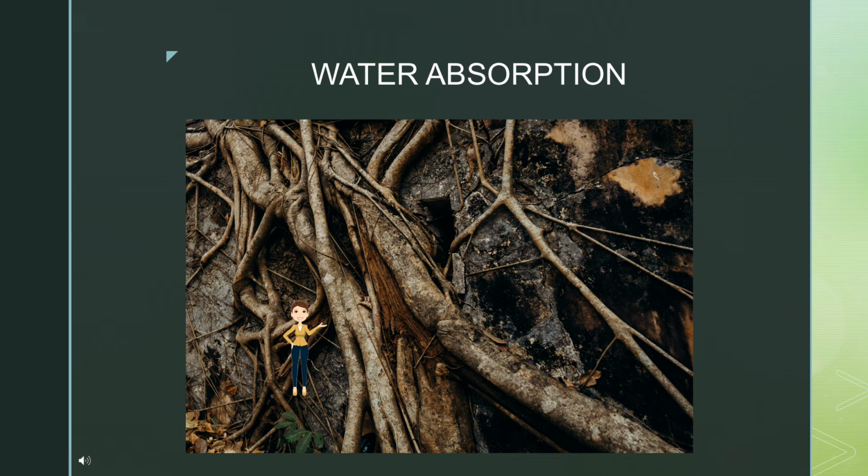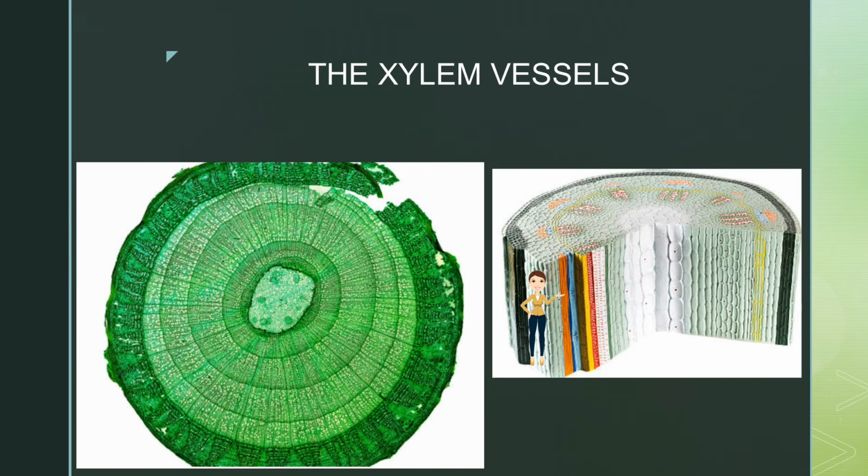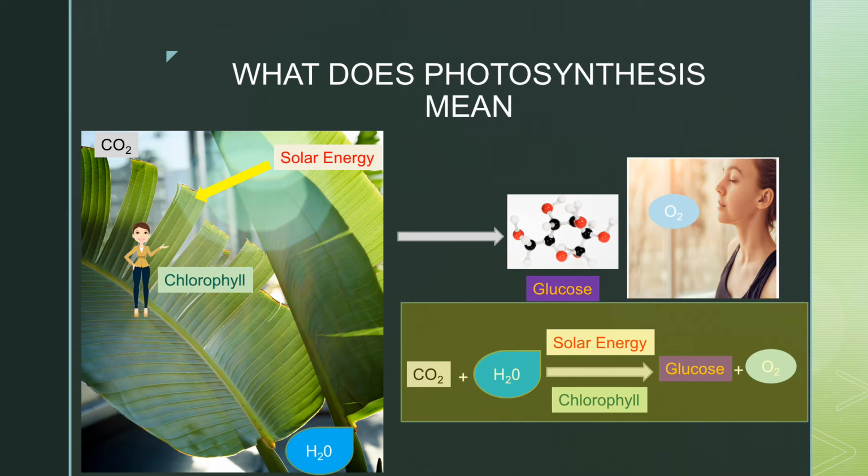The water is absorbed from the soil by root hairs present in the root. The water and minerals absorbed by the plants are transported to leaves through xylem vessels that are like pipes. These pipes run through the root, stem, branches and leaves. Using the solar energy of the sun, a chemical reaction takes place in the green parts of the plant, in which carbon dioxide and water are converted into food in the form of glucose. Oxygen is released in the process.